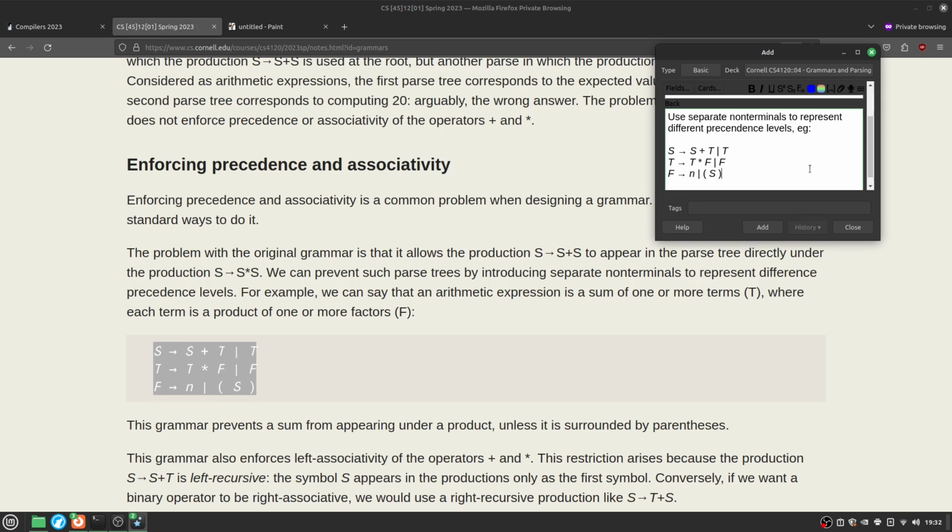I'm not expecting myself to remember this whole thing. This is just for context. Basically, it shows you how to force precedence. The above context-free grammar forces